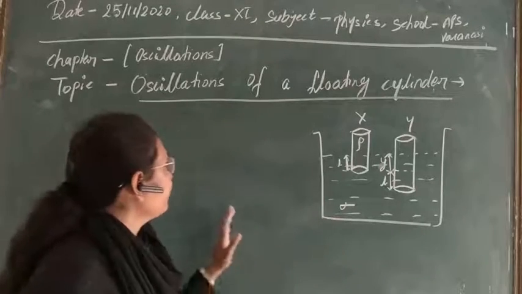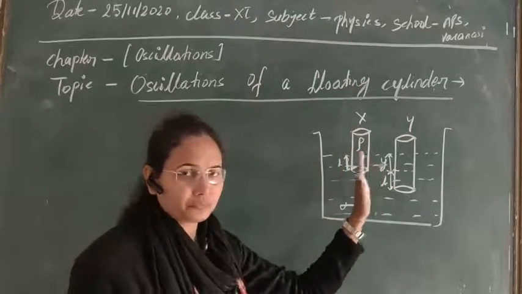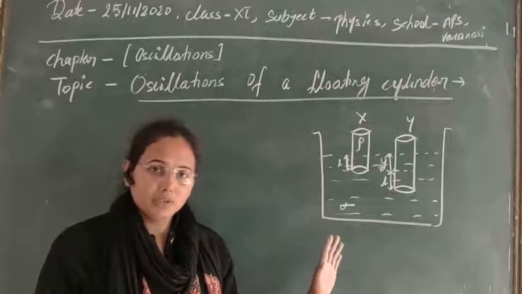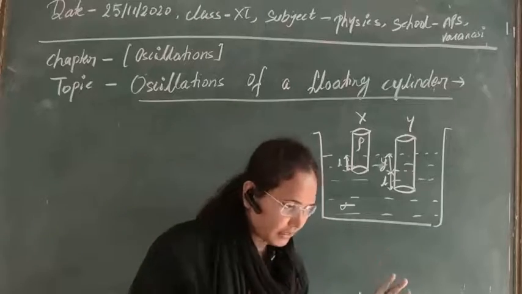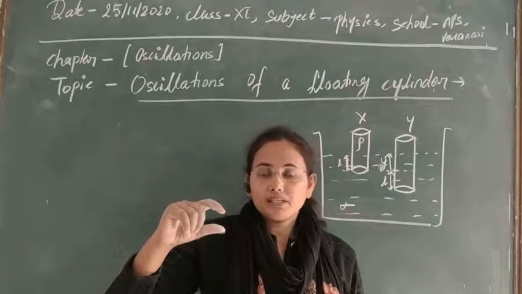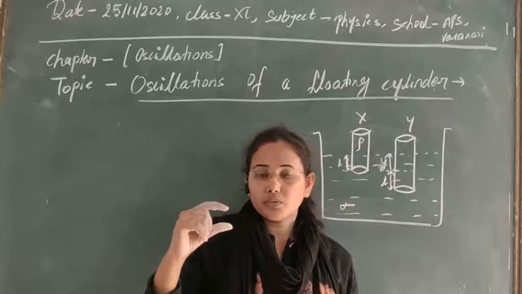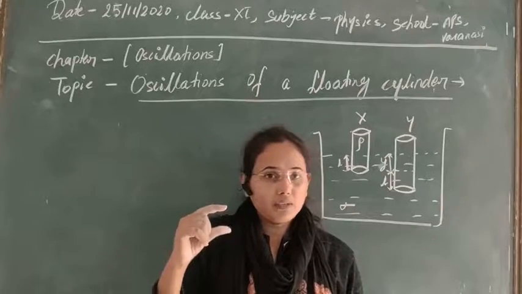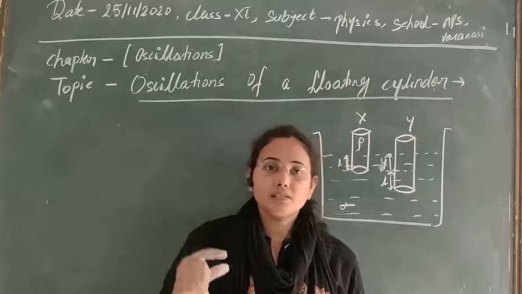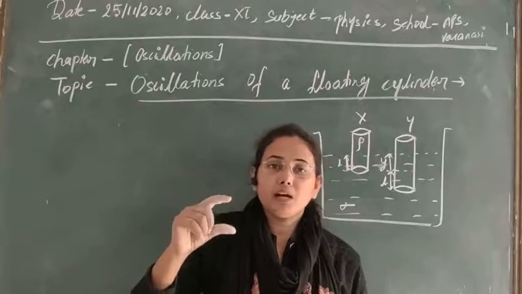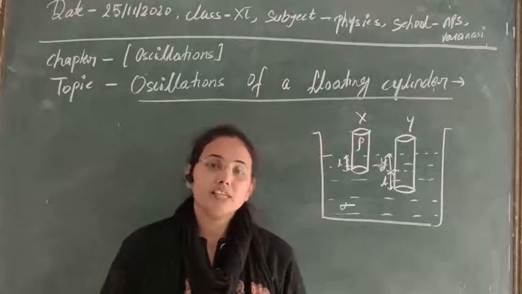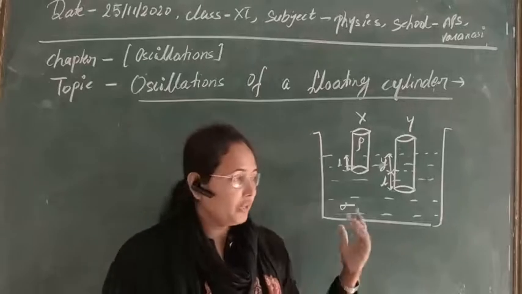The next case is when we take a floating cylinder: will this cylinder perform simple harmonic oscillation or not? Suppose something is floating on the water surface, and if there is any displacement in the water, you have seen that the system will start to oscillate due to the displacement. So whether this oscillation is simple harmonic or not, and if it is simple harmonic, what the time period or frequency of the oscillation is, you can calculate it also.